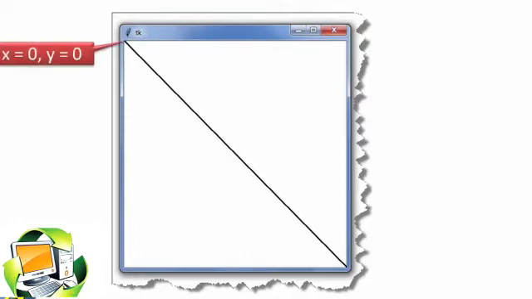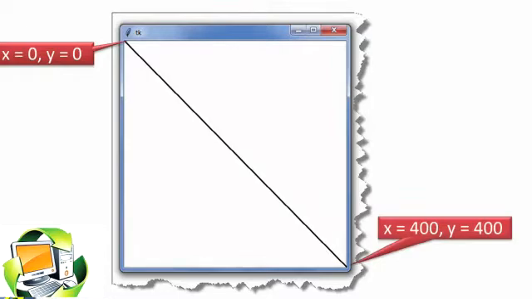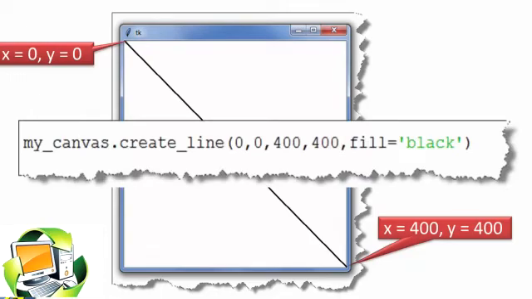Now if we want to draw a line from top left corner to bottom right corner, to achieve this, we are to use the coordinates, that is X equals to 0, Y equals to 0 and X equals to 400, Y equals to 400. The code that we'll use is as follows.